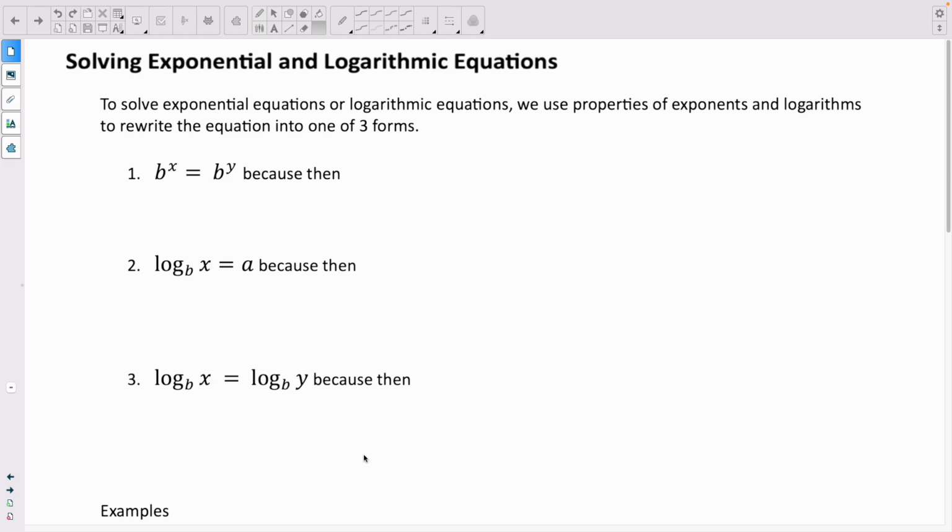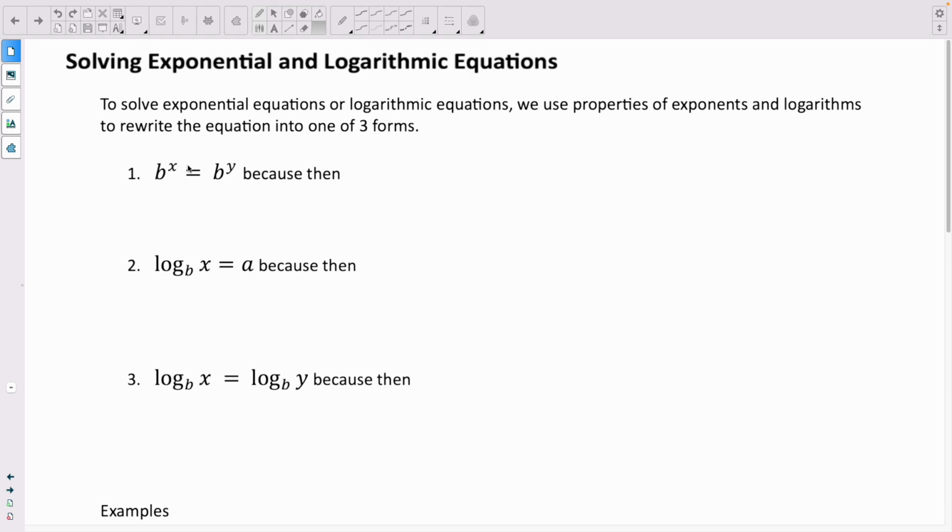Exponential and logarithmic equations. All right, and so the main thing we're going to try to do is always get our exponential or logarithmic equation. We're going to use the properties of exponents and logarithms to rewrite the equation to one of three forms. If we can use logarithms or we can just rewrite it into exponential form and solve, then we're going to do that as well. So the first form we want to try to get into is what we saw